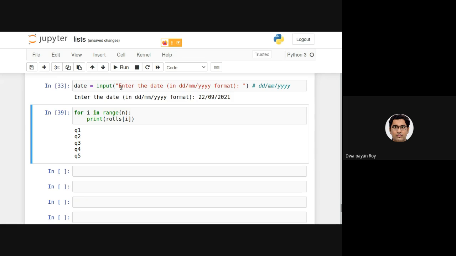Now on this date, I need to take the input whether Q1 was present or not. On this date, whether Q2 was present or not, right? So to do that, let's say a equals to input.